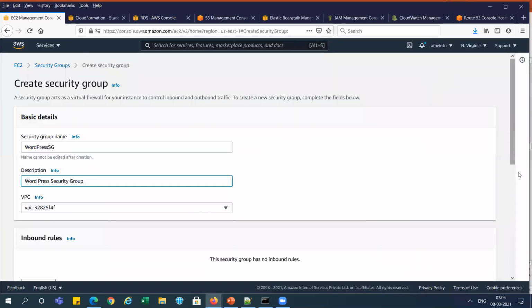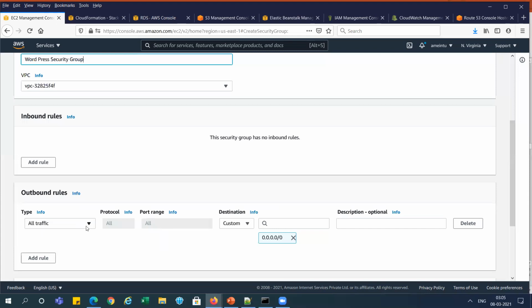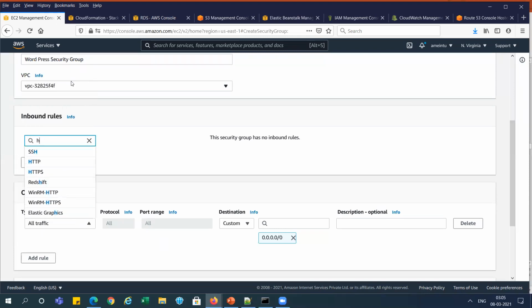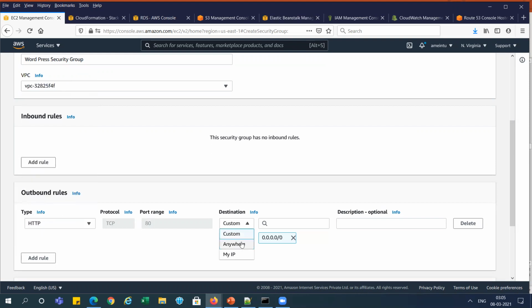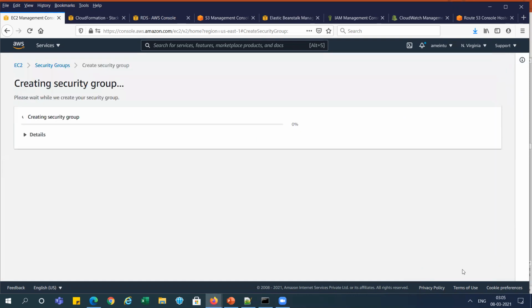And for the inbound rule, we need to add a rule for the HTTP port, open from anywhere, right? For accessing the application from the local system, we need to open this port to everywhere, right? So we are creating the security group.